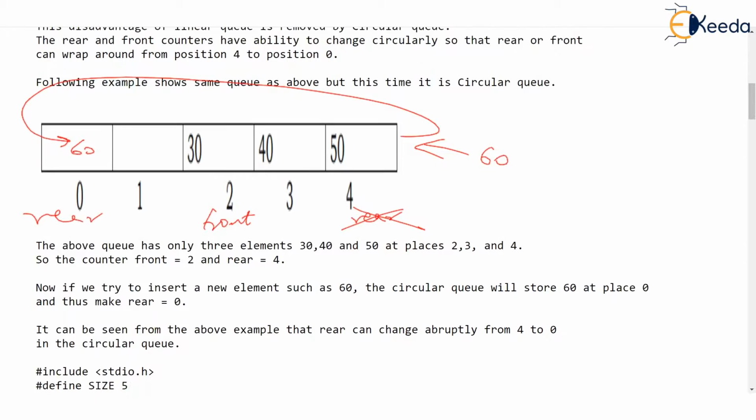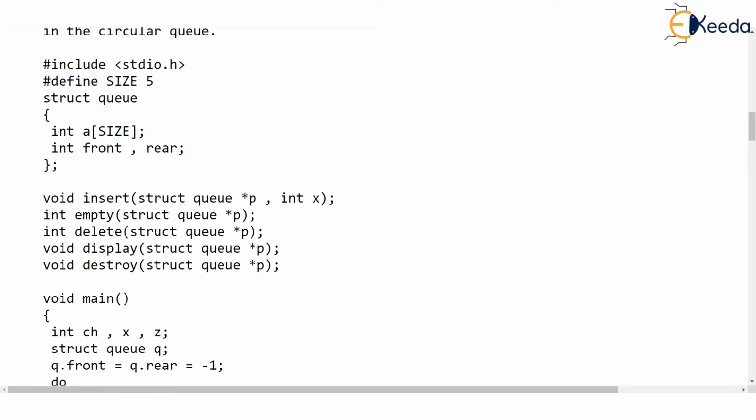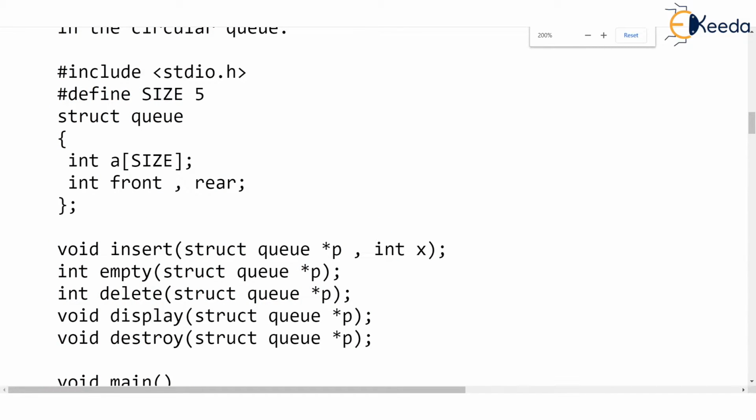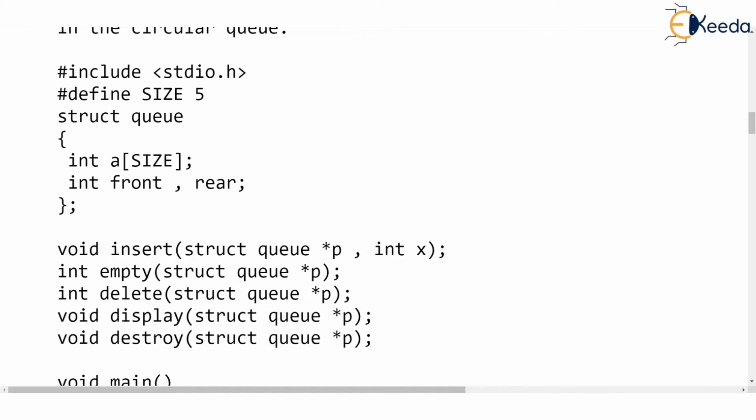After seeing some fundamentals of circular queue, in this video onwards, we will see implementation of circular queue, of course in C language. As far as implementation is concerned, the declaration of circular queue is same as linear queue. That is, queue will be declared as a structure, and you know structure has array of fixed size. Here the size is 5. You can see that size is a hash defined constant. So you have an array of size 5 of type integer, and we have two counters, front and rear. So the same declaration we had for linear queue also.